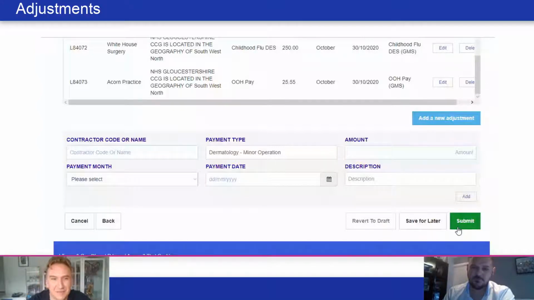in his own time. But the ad hoc adjustment that we've just seen at the bottom, it's not let us pull a contractor code through because it's the test environment with dummy data. But you pull a contractor code through, you do the payment type, you do the amount, and then if you just want it to be added to the next payment run, you would choose the payment month. So I think, Ryan, it'd be good to show